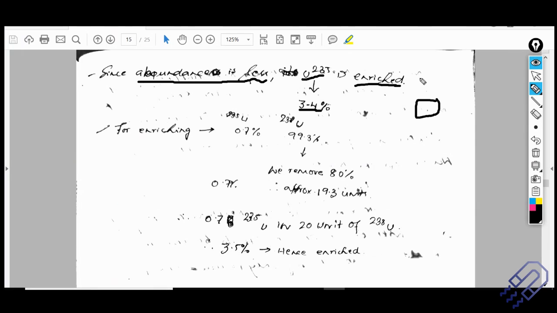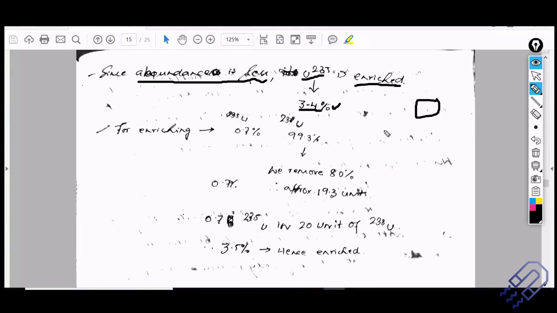In general, even something like a transformer, which gives out the AC power to all the households in a city, should also be constructed far from the city. But nowadays it's so crowded everywhere that it's really not possible. But these things are also harmful. So if a normal AC power generator is harmful to you, a nuclear reactor is harmful on a different level altogether. So this can be easily understood from this. Even if you are having 3 to 4% of uranium 235 in, let's say, 0.1 gram of uranium, that is enriched enough.